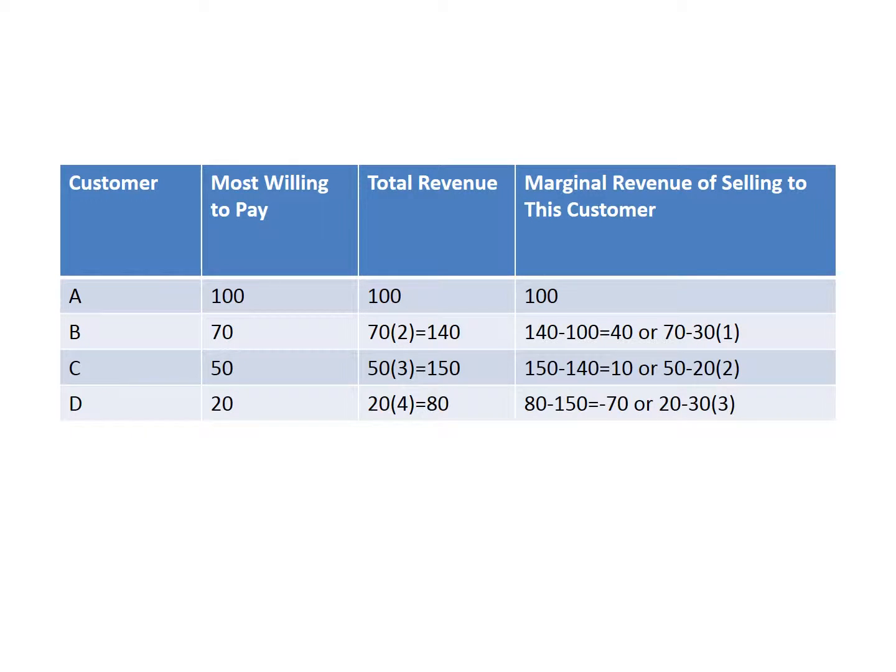The reason is because of that discount you've got to give to the previous customers, right? You sell to customer D. The good thing is D is going to give you $20. The bad thing is A, B, and C are going to say, ha ha, you know the rule, you've got to charge all of us the same price. Well, you had been charging us $50, now you've got to charge us $20, and so you've got to give us each $30 back, so you give 3 people back $30. That's the bad thing. You get $20, but you give 3 people back $30, you end up being $70 behind. So certainly in this example, you are not going to want to sell to customer D, even if you can make the good for free.